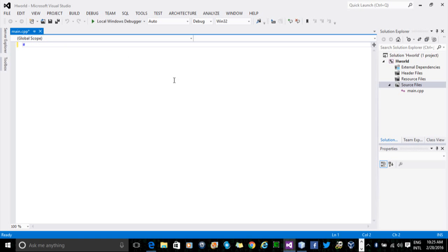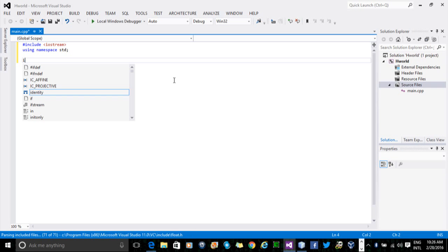So what you do is you type in include IOStream. Okay, it should have that. That's one of your most essential libraries, IOStream. Next, you type in using namespace std. Make sure you have the semicolon, and then you start with your